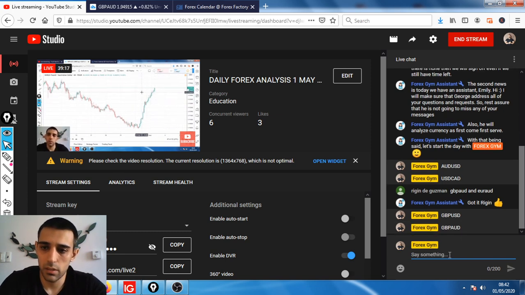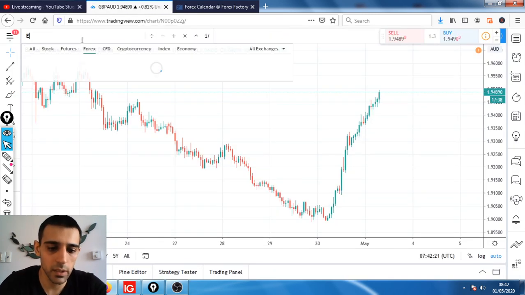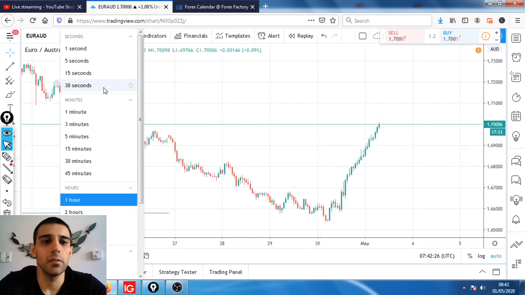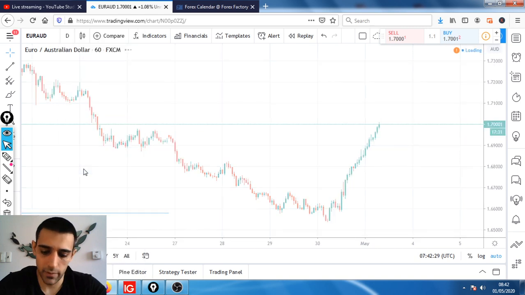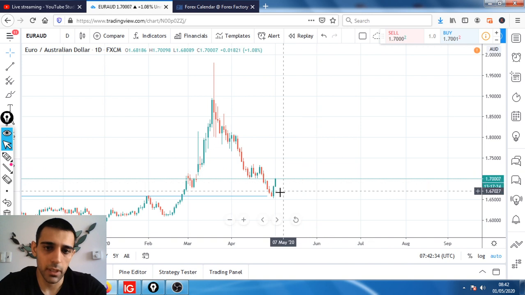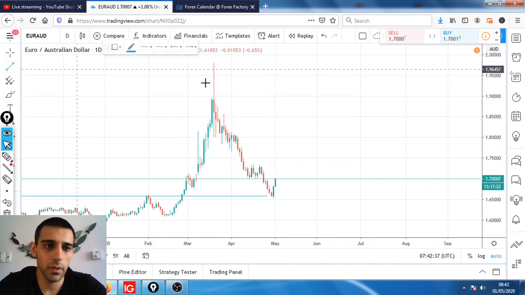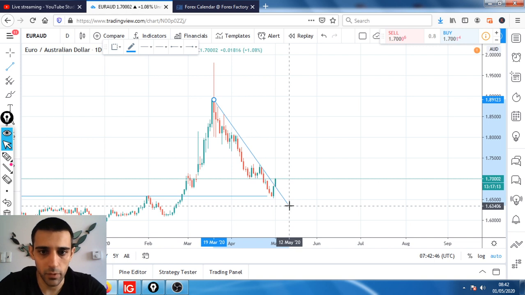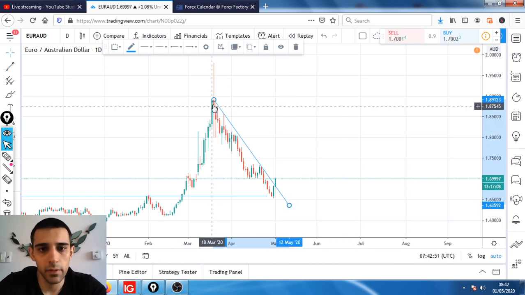And the next one was Euro against Australian dollar. Yeah, Euro against Australian dollar is good. I do like that currency, EURAUD. So let's go to the daily time frame and see what we got, and get a similar picture. It is pushing higher. Let's see if we can draw the trend line here. It looks like it has broken, though it's not closed. The candle is not closed yet. Yeah, it looks broken.